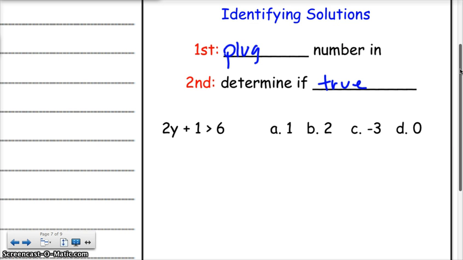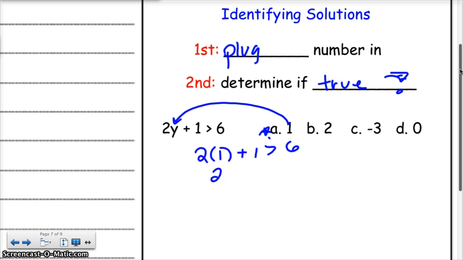The last concept is identifying solutions. You want to plug the number in and then determine if it is true. For instance, 2y plus 1, is that bigger than 6 for all these values? I'm going to plug a 1 in there. 2 times 1 plus 1, is that bigger than 6? Is 2 plus 1 bigger than 6? Is 3 bigger than 6? No, it is not a solution. So all you do for all of them